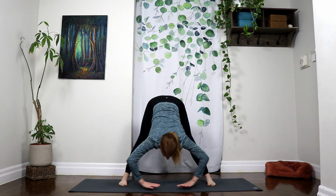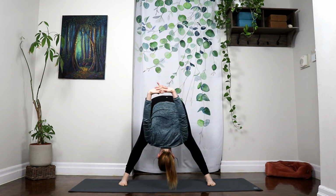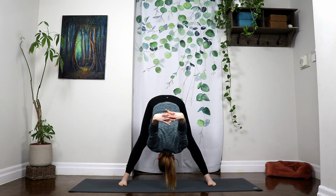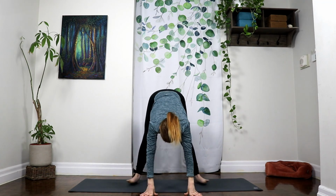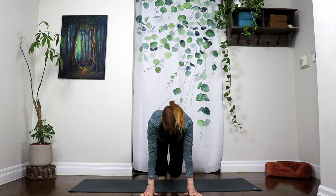Inhale, lift your chest, and exhale, bringing the arms behind your back this time. Interlace your fingers and allow gravity to assist here. A couple of breaths. Releasing the hands back down towards the mat, wiggling the feet in, and then gently bend back into your knees and return to any comfortable seated position. And let's take a moment here, take a deep breath in,